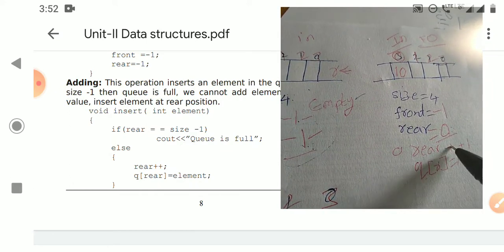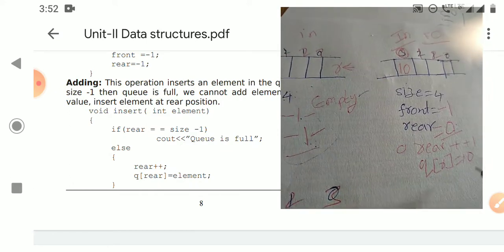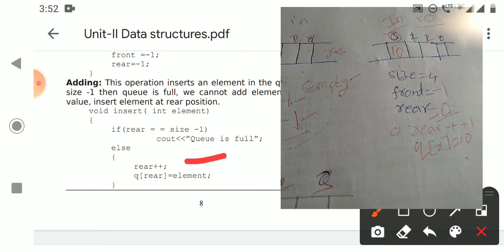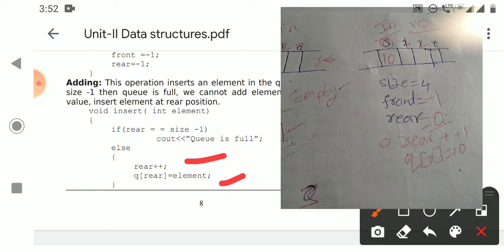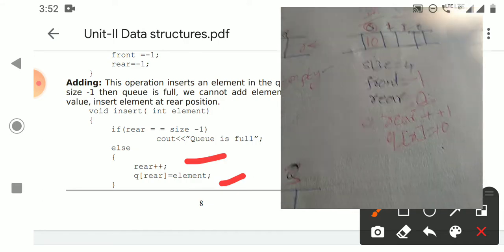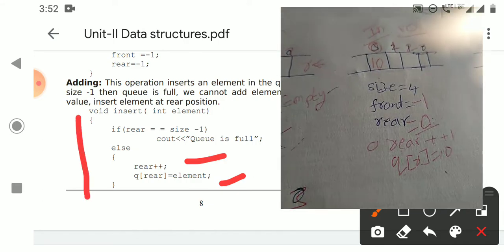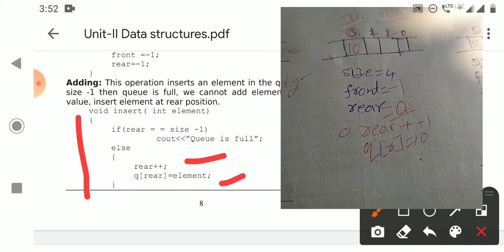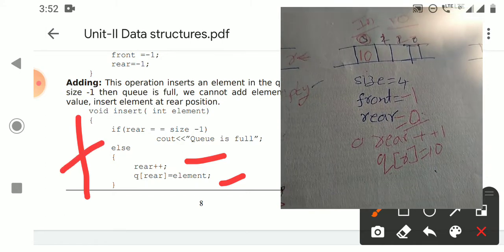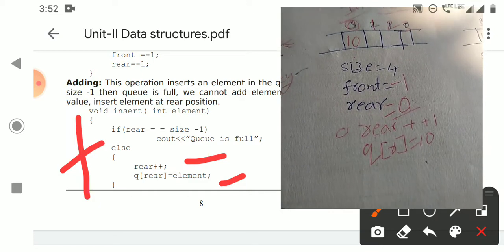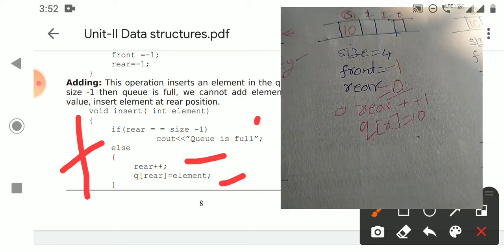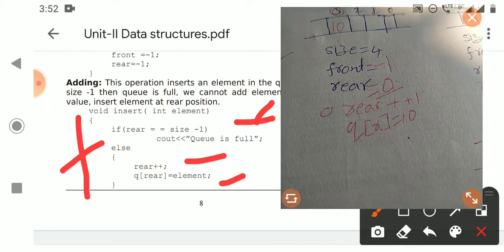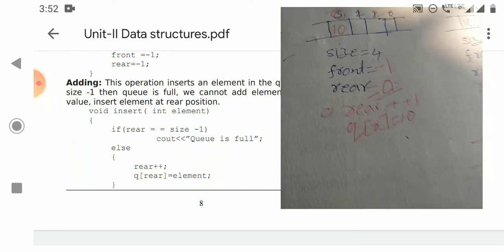At the queue rear position, I insert the element. So you are incrementing the rear and inserting the element at the queue rear position. This C++ code will insert an element into the queue if it is not full. If it is full, it will display the message that the queue is full. So this is about adding an element into the queue.